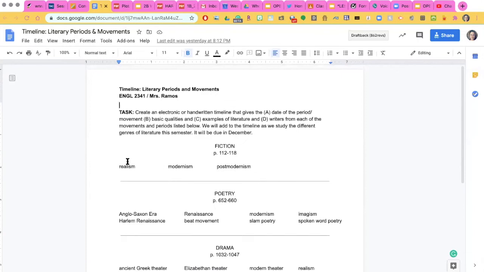And for each one of these 3 movements in literature, in fiction, I want you to identify the date of the period and movement. It's usually a span of years. The basic qualities of that movement, examples of titles from that movement, and writers from that movement. We only have 3. You're not going to do poetry until we get to the poetry unit